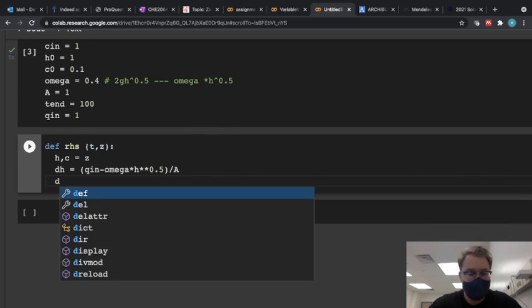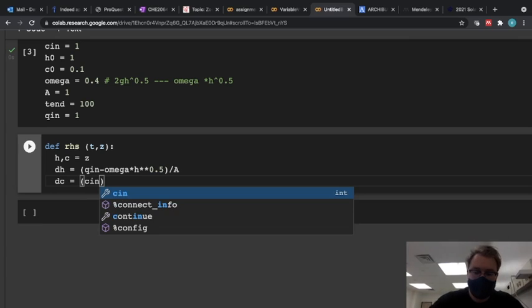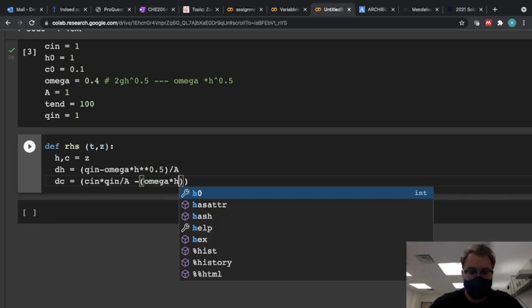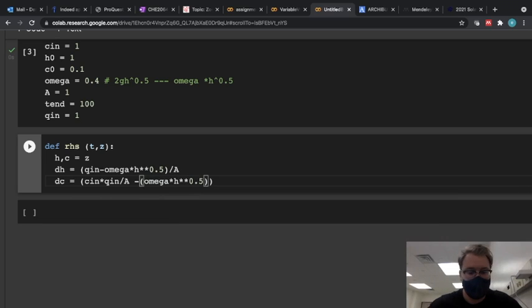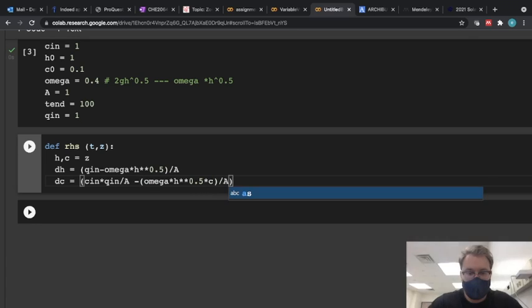And then my next equation, change in concentration with respect to time, is going to be equal to concentration coming into the reactor times flow rate coming into the reactor divided by area, minus, I'm going to have my 0.4 times height to the 1/2, so that's omega times h to the 1/2, and that's also going to be times concentration, C, divided by cross-sectional area, again,